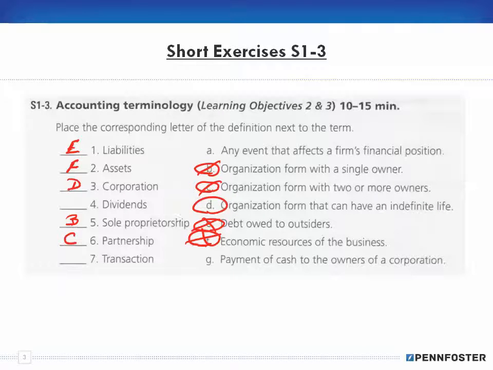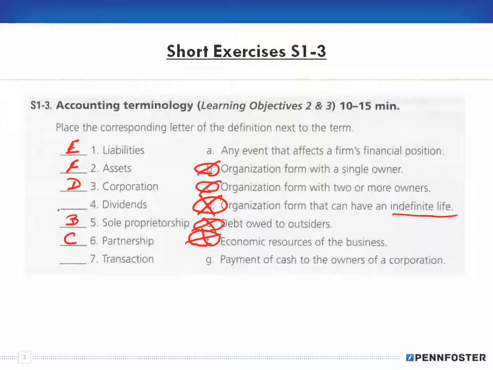for the corporation. Now, here's the thing about the indefinite life. A corporation could go on forever and ever and ever. A sole proprietorship is owned by the owner. I mean, I start a business, I started up as a business entity as a sole proprietorship. When I die, that entity dies with me. So the sole proprietorship dies with me.